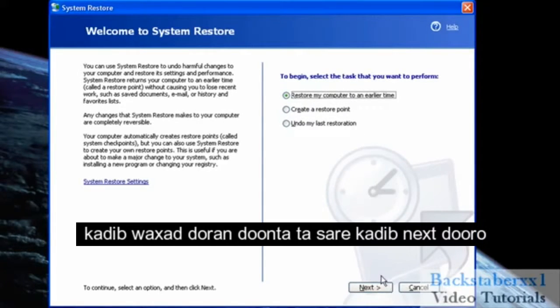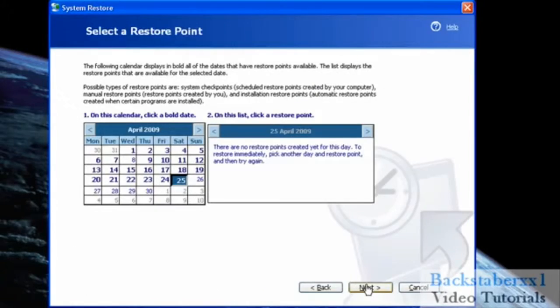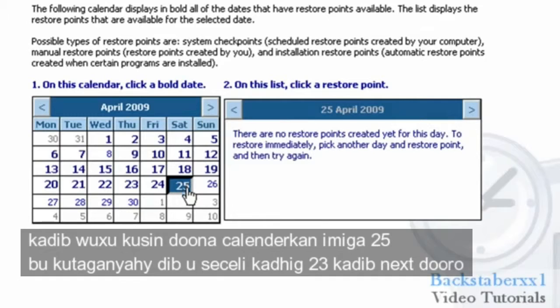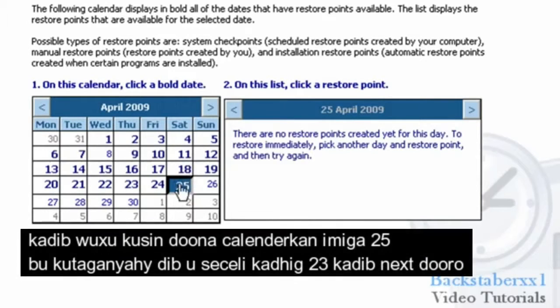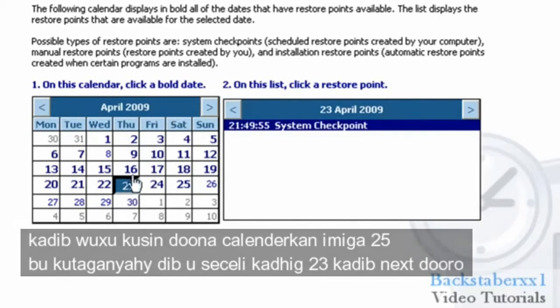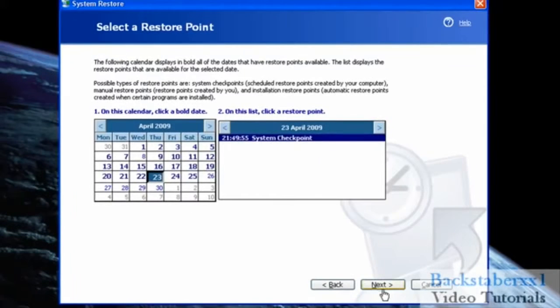an earlier time, and click next, and you should get this calendar, and it should be selected on the current day, but you're going to want to take it back. So let's say I got downloaded the malware on the 24th. I'm going to want to do it to 23rd. My computer was fine back then, so click next